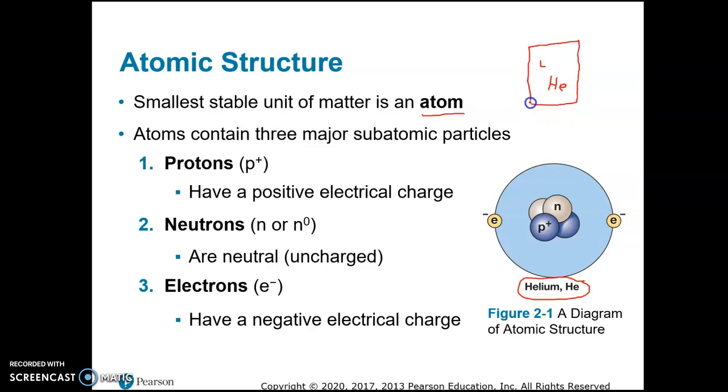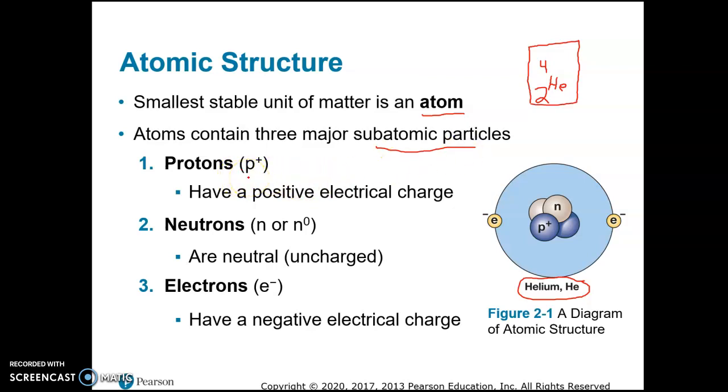Here's our box. Helium stayed, so then we have a 4, that's our mass number, and then a 2 is our atomic number. So I'll tell you what those numbers tell you about helium. First of all, let's go back and talk about atoms. Atoms are composed of subatomic particles,